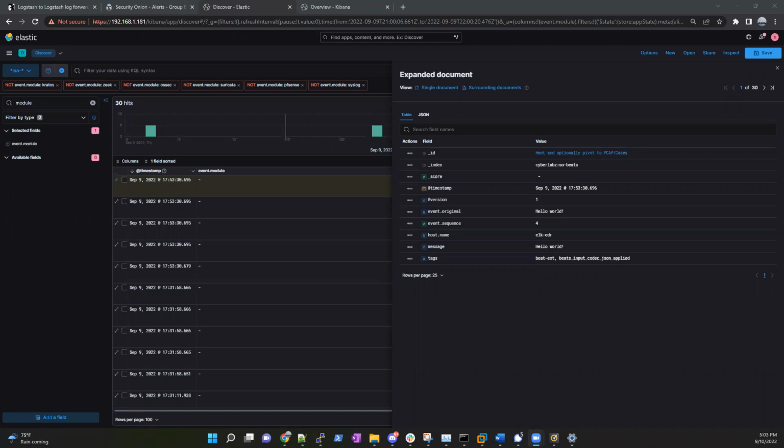This video is going to be a little bit different, and it's going to be going over how to send Logstash data from an external Logstash instance to, let's say, Security Onion. Now, if you know a thing or two about Security Onion, they have it set up to where you can send Logstash data or Windows event data from Windows endpoints via Winlogbeat, and you send that over port 5044